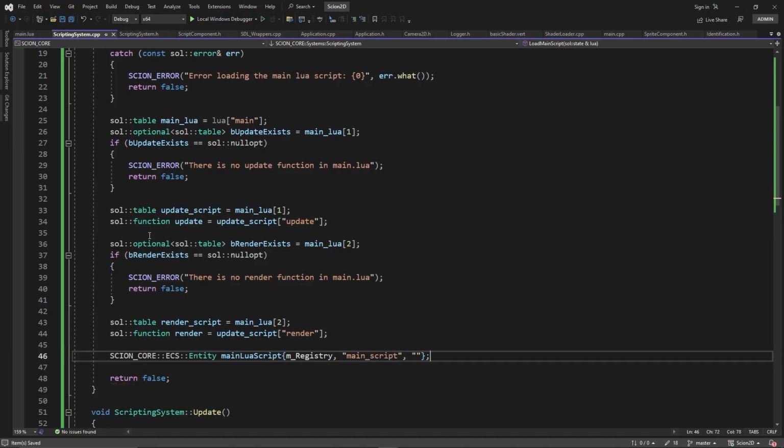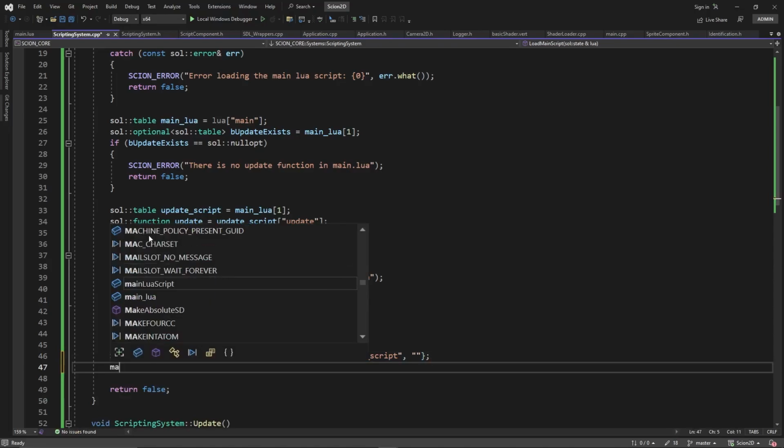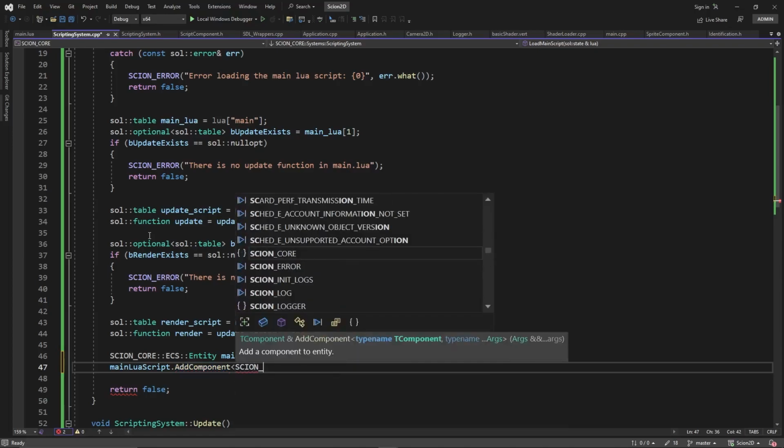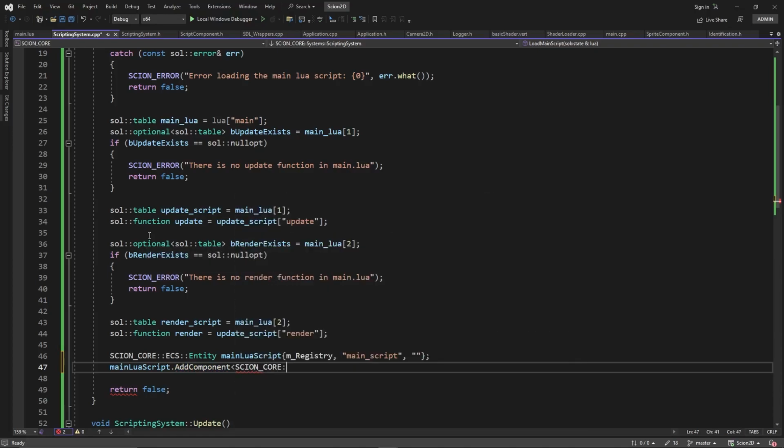So the name is going to be main script and group, and we're going to say main Lua script dot add component, and our component is going to be our script component. So Scion core ECS script component,